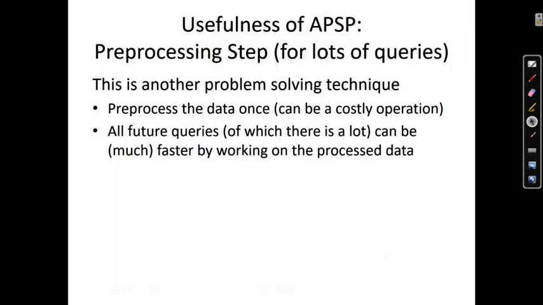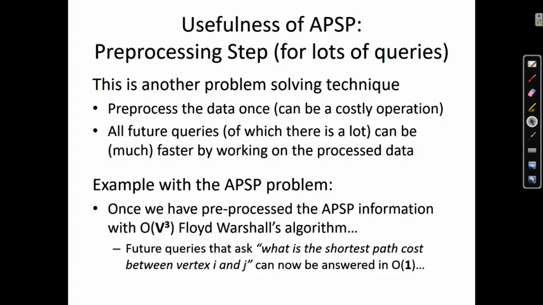So what's the usefulness of the all-pairs shortest path algorithm, this Floyd-Warshall algorithm? One usefulness is that it's very useful for pre-processing purposes. I believe that after you've done so many PSs, you now understand the utility of pre-processing all your solutions, so then you can answer your queries very fast. If you have many queries you need answered, pre-process first at the beginning. You might spend some time to pre-process, but afterwards all your queries are O(1),